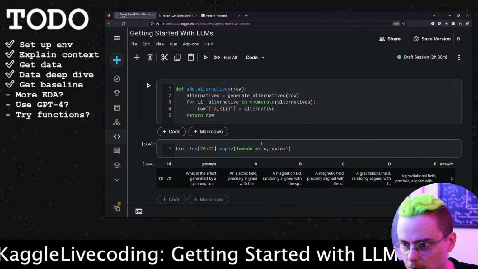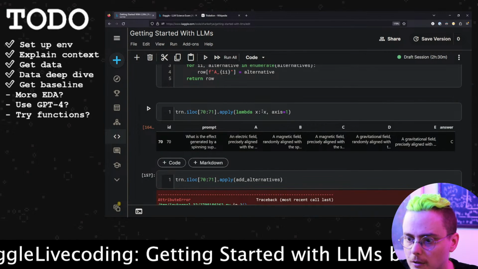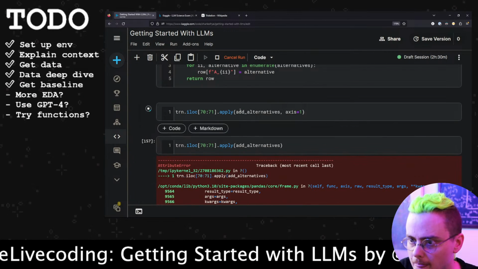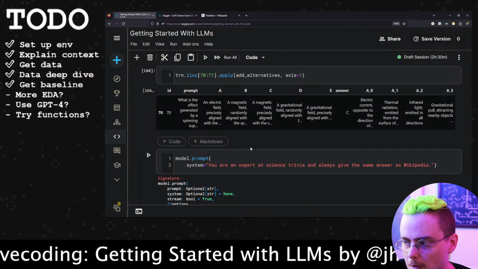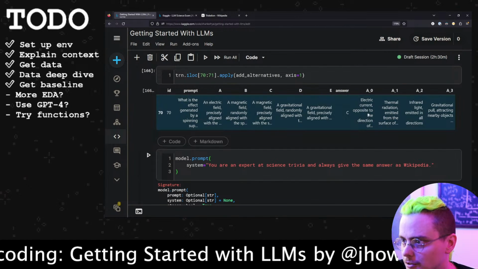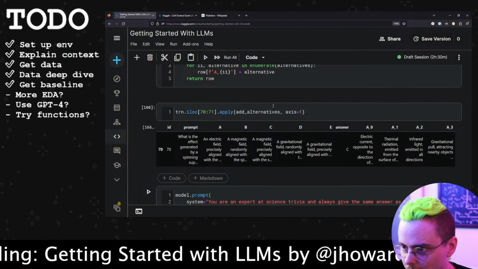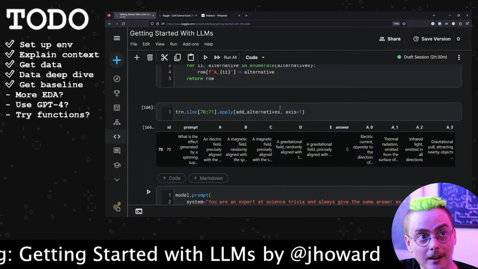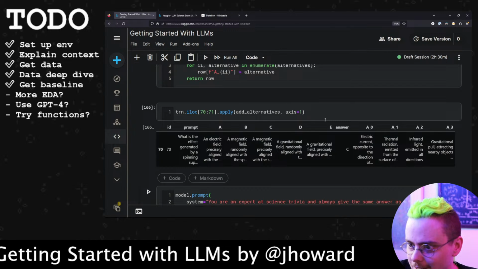We want to return the result. It's what we're seeing from before. And so now we want to apply add alternatives. Man, this is the real secret for why large language models are actually going to make people more effective in data science and ML. You spend so much of your time on things like silly pandas bugs or writing boilerplatey stuff that even though language models aren't that good at coding, they can still speed you up. Probably should have just opened ChatGPT and asked it to write this from the beginning.